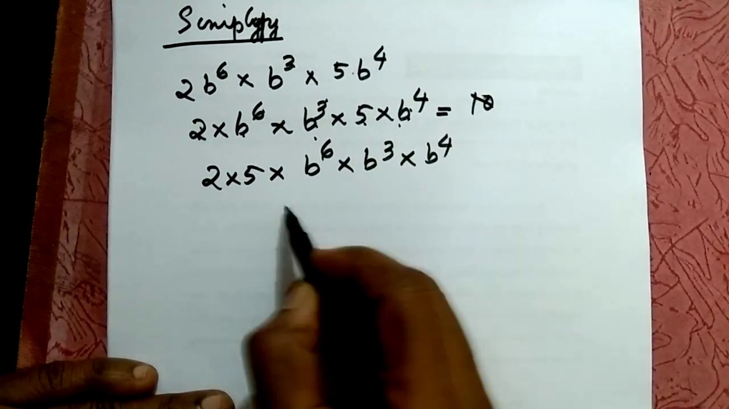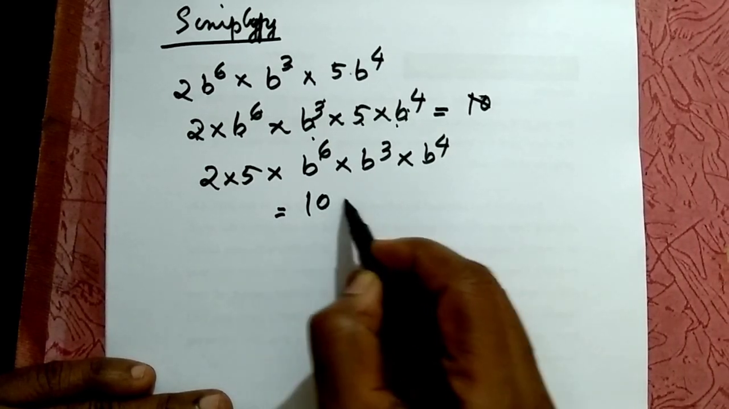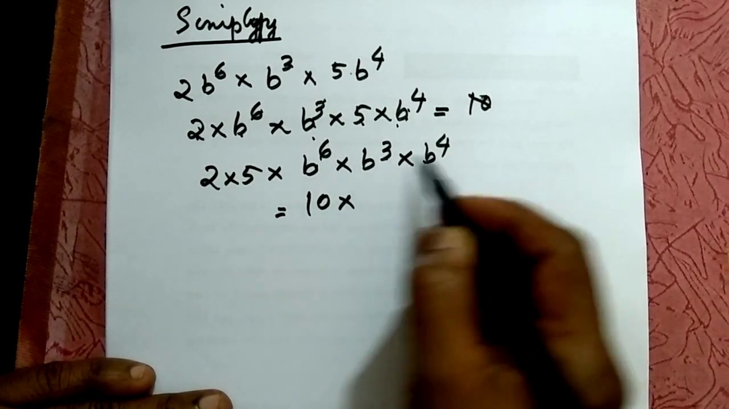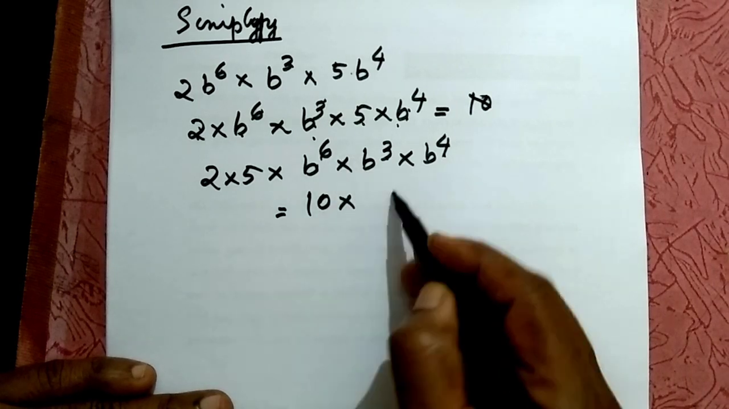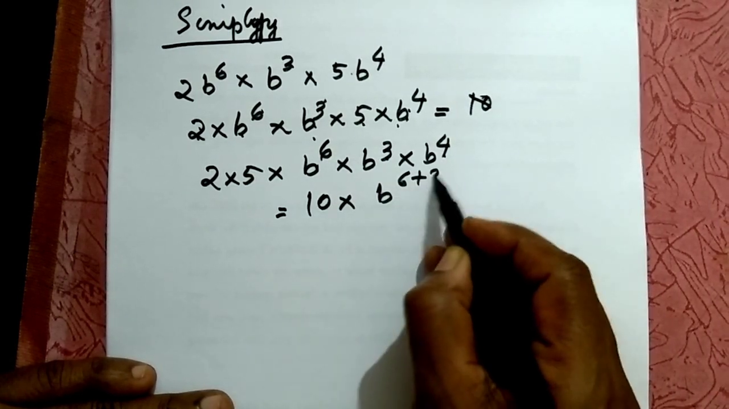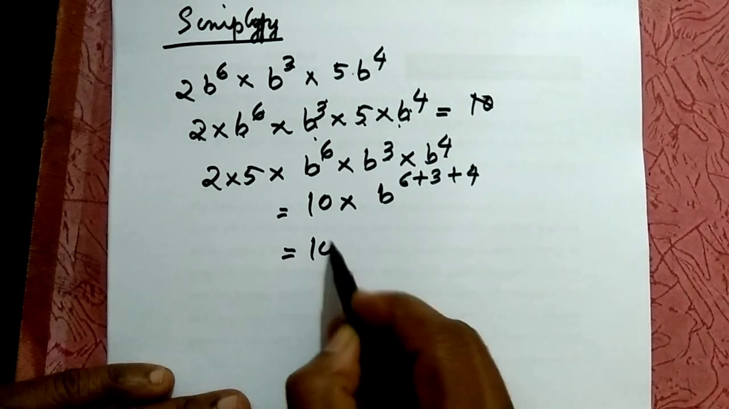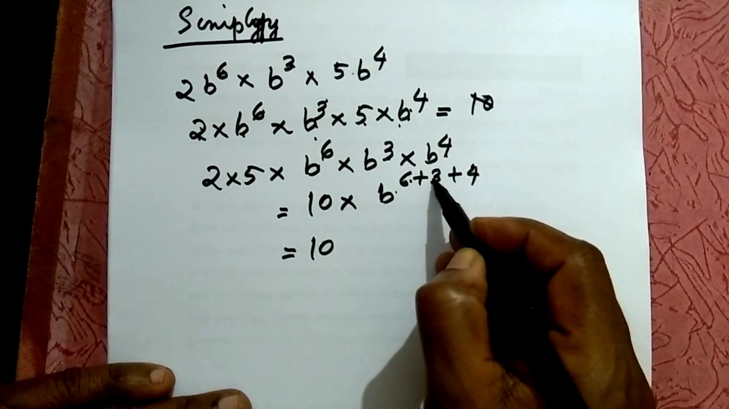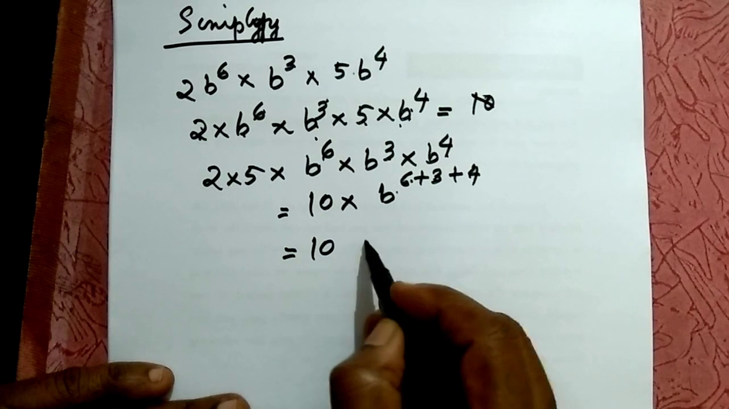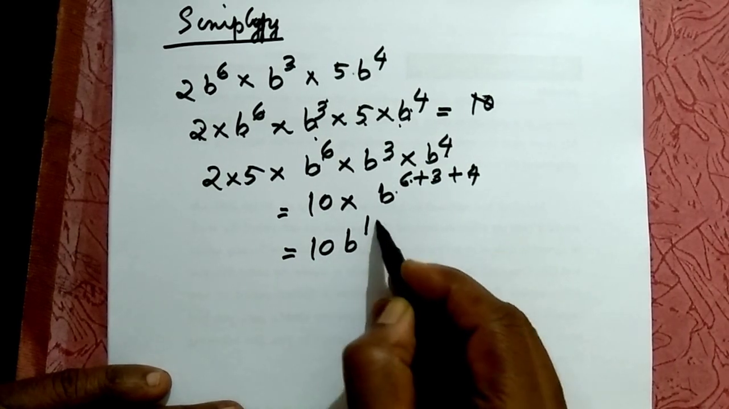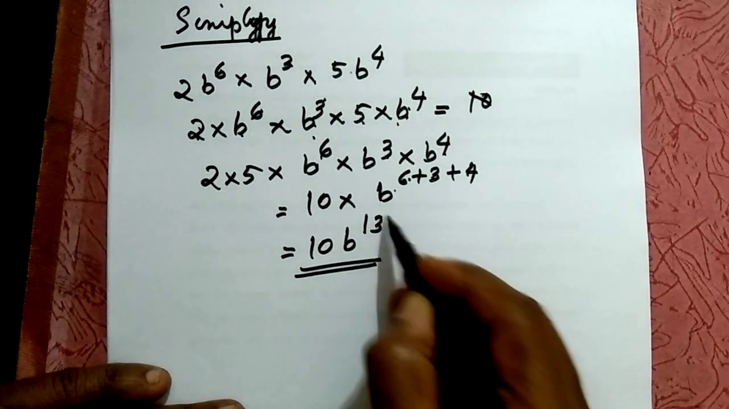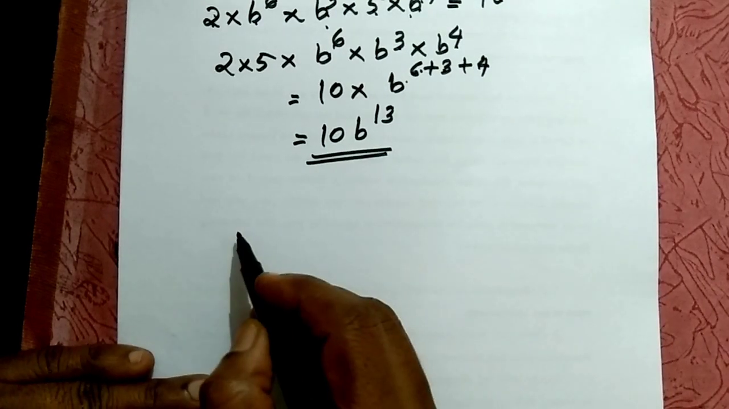That is equal to 2 into 5, 10 into b raised to 6 into b raised to 3 into b raised to 4. What is that? b raised to 6 plus 3 plus 4. That is what? 10, 6 plus 3, 9, 9 plus 4, 13. So 10 b raised to 13. This is the answer. Okay. Then